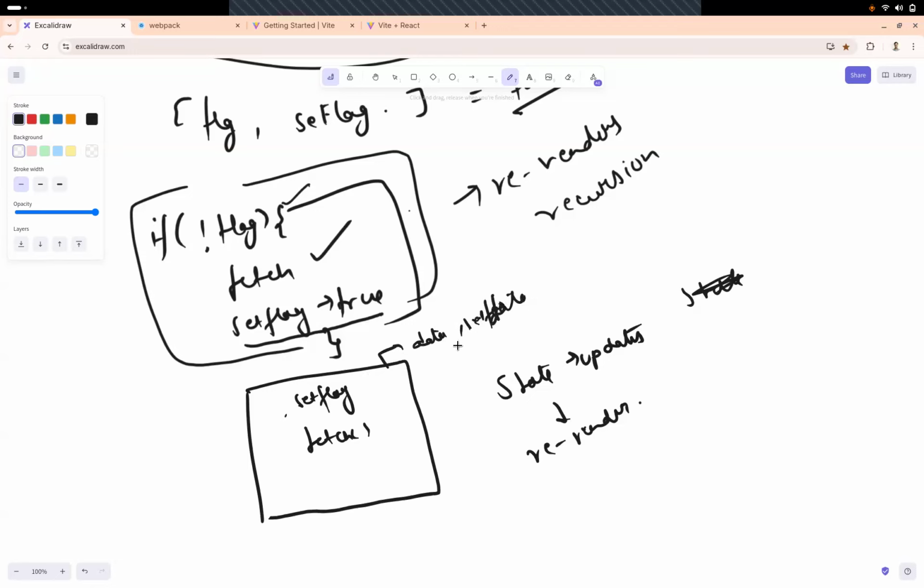right? A bit of a mix and match happened here. Data, comma set data, this is what I'm going to have. Now, whenever you set this data, a re-render is going to happen, right? And then again this function will be called, it will be processed again, then again a re-render, then again this function will be called, processed again, right? So that ends up going into recursion mode, the whole re-render starts happening back to back, right?